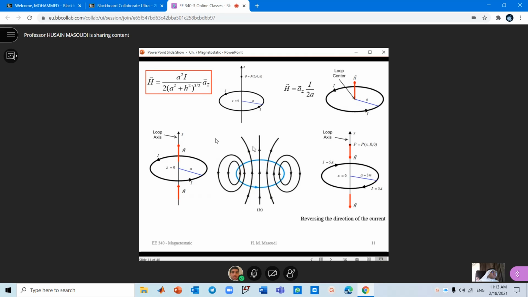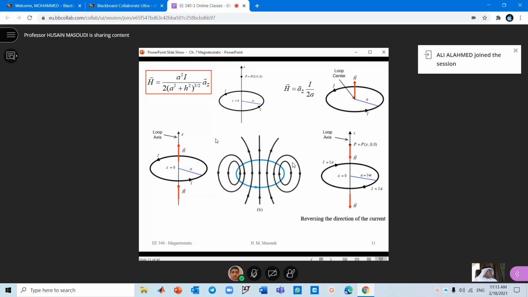So if you reverse the direction of the current, as we said, then this picture is going to reverse direction. So the magnetic field is going to be downward. Okay, any question with this example? Right. So this is the